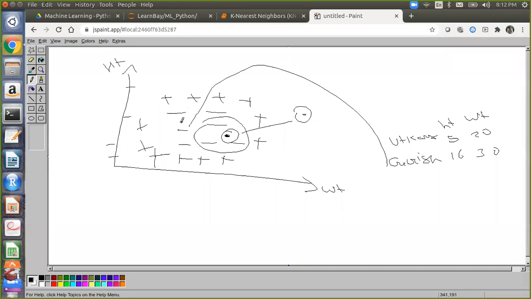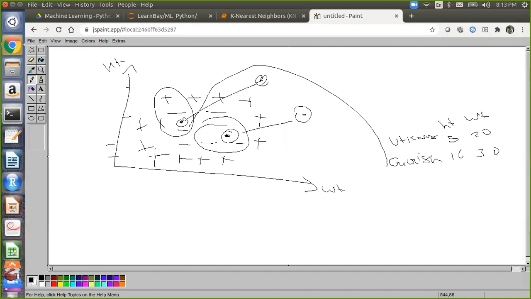Suppose Girish is lying here and the nearest 3 neighbors are these, the final class will again be negative. That is why k nearest neighbor classifiers are called lazy learners. Why are they called lazy learners? Each time at prediction, when you pass test data or new data, it keeps running the model to fit this particular data point into the multi-dimensional area.